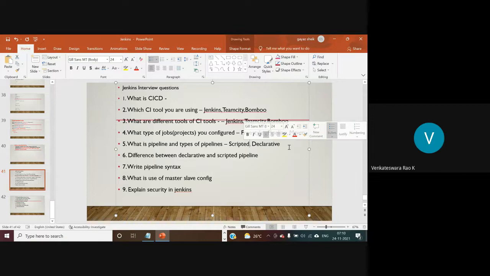The scripted pipeline is the oldest one, and it is like the Groovy language. We are going to write the scripted pipeline in Groovy language, and declarative is the newest one, and it is easy to learn the declarative pipeline. So these are the differences between scripted and declarative pipelines.